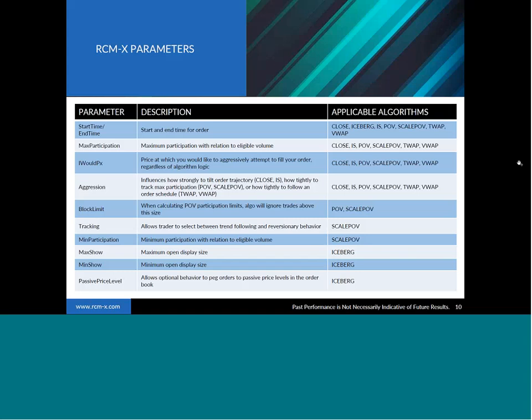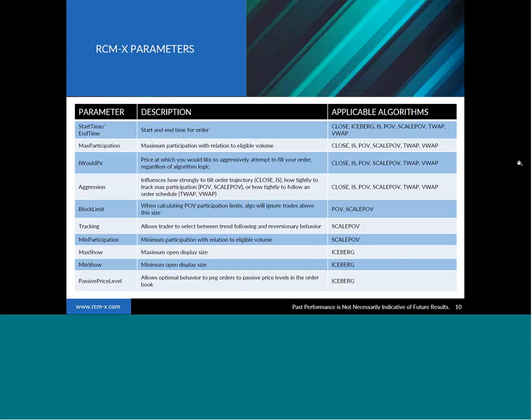And so that way, if there's a big print for, say, 10,000 contracts, and you have a 5% participation rate set, rather than being able to trade an extra 500 right away, it'll ignore that big print, and so it'll hold back on immediately trying to get that 500 done.